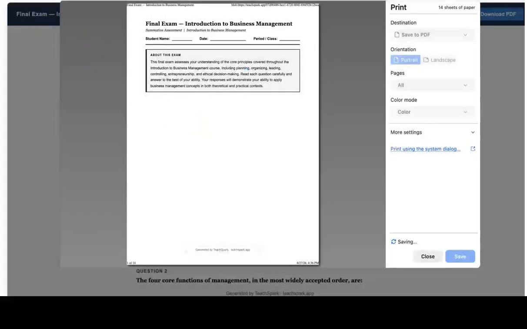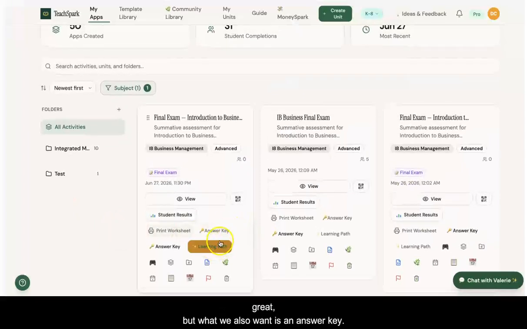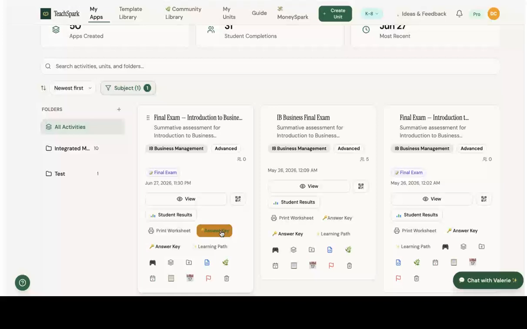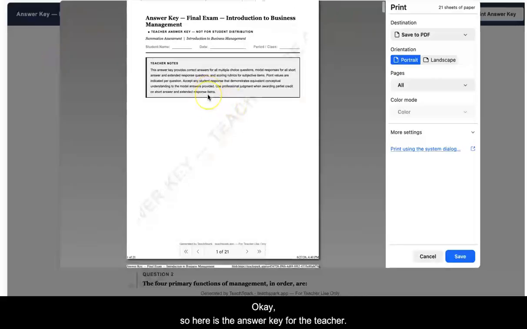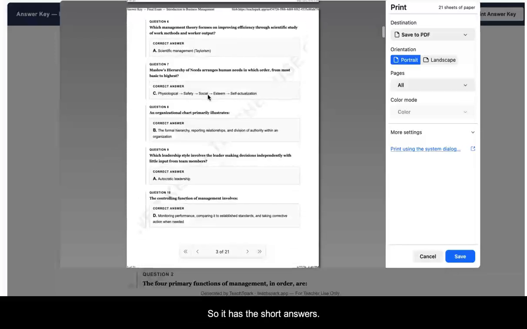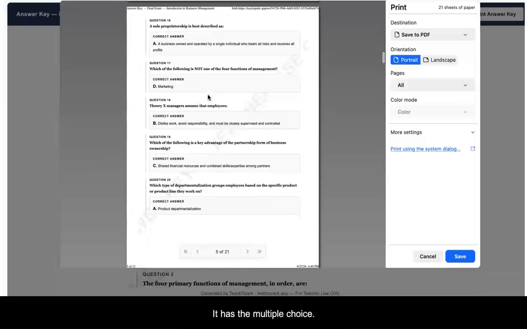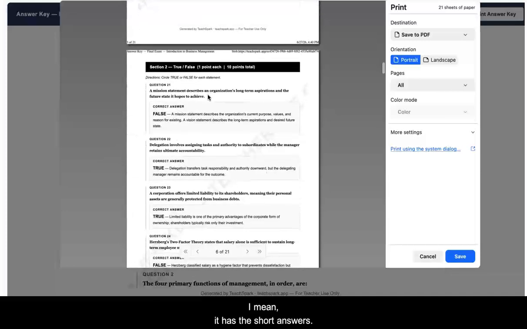You can download it. As teachers, having all that information is great, but what we also want is an answer key. So I'm going to click and create an answer key. I'm going to stop the video and come back and we'll check out the answer key. Okay, so here's the answer key. For the teacher, it has the teacher information, so it has the short answers. It has the multiple choice, it has the